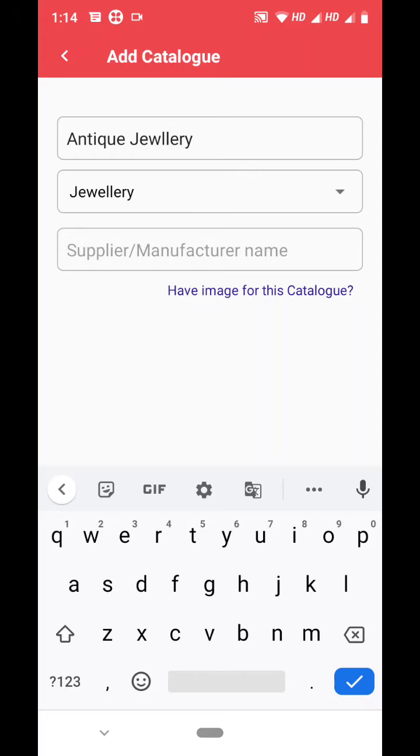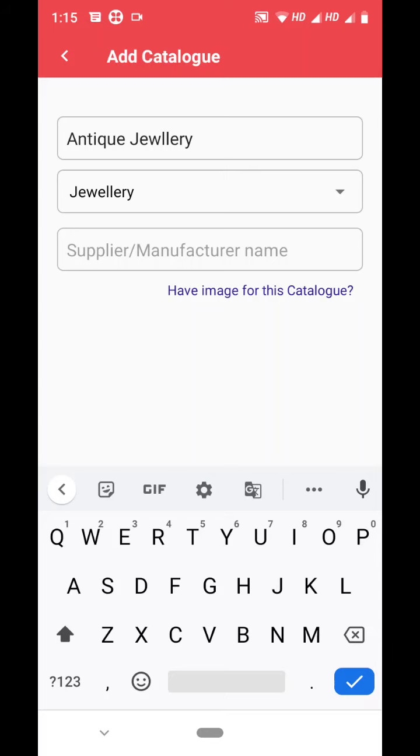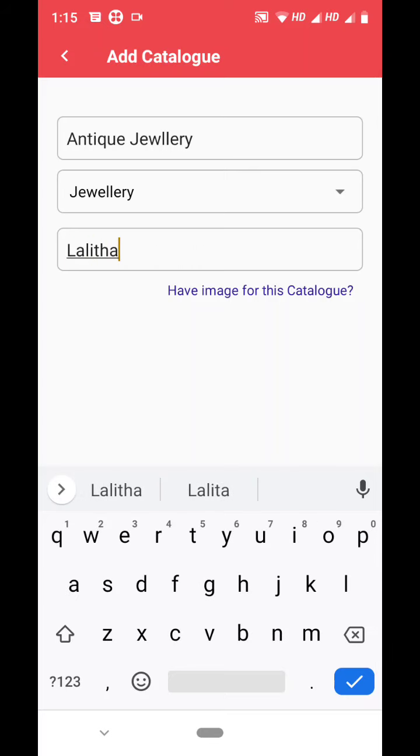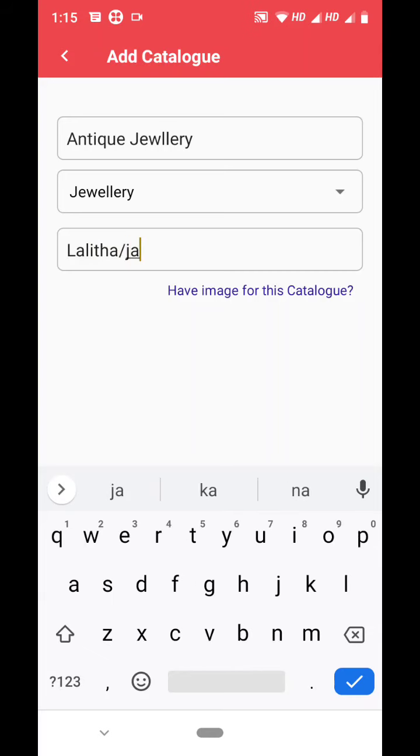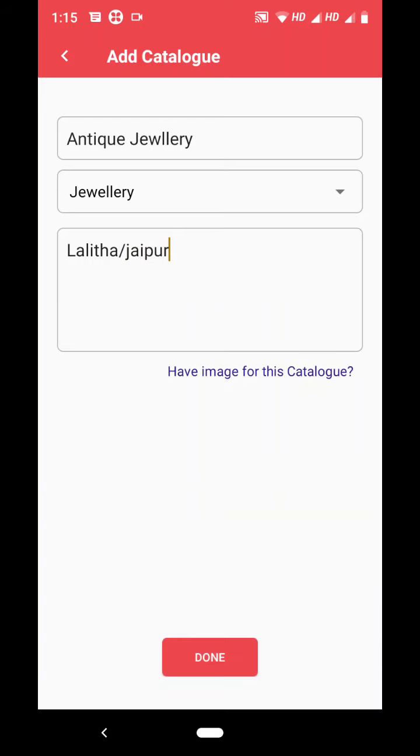For example, I am receiving this product from Lalita Jaipur. This is for my reference. If you put this detail, it will not be showcased to others; it will be in your catalog list only.